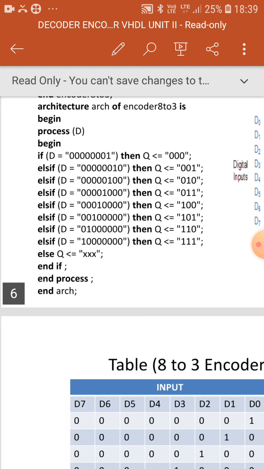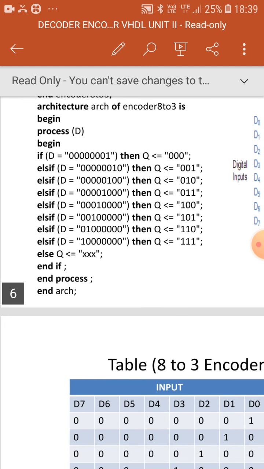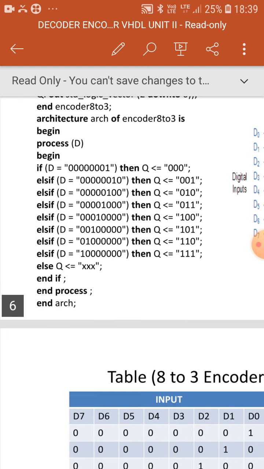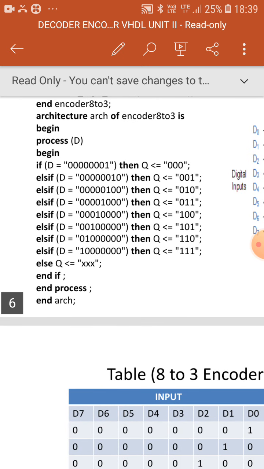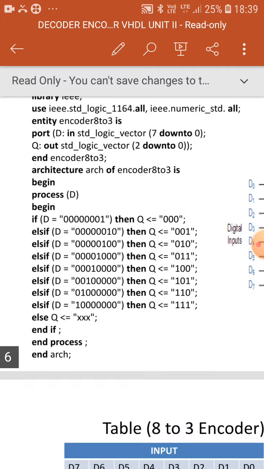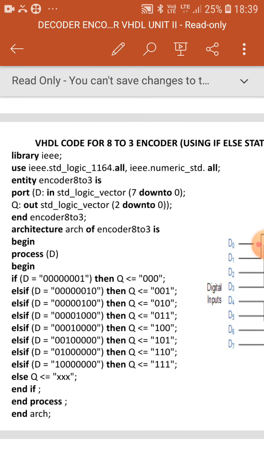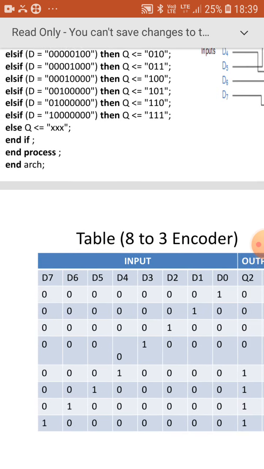It will check whether D of 2 is equal to 1 or not. If the condition is true, then 010 will be assigned to Q, or it goes to the next else if statement. So this is the VHDL program for 8 to 3 encoder.